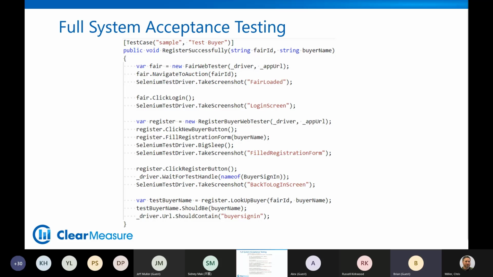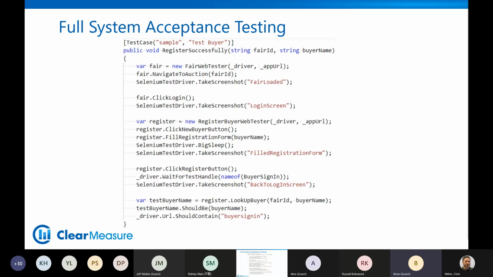In a few cases, the signaling from Blazor still, unfortunately, does cause us to have to, from time to time, just do a sleep statement just to wait for a little bit of time, to have a less brittle test. But most of the time, you can find some element that's going to pop up, and you can do a little loop checking for the presence of that element to know how long you need to wait.